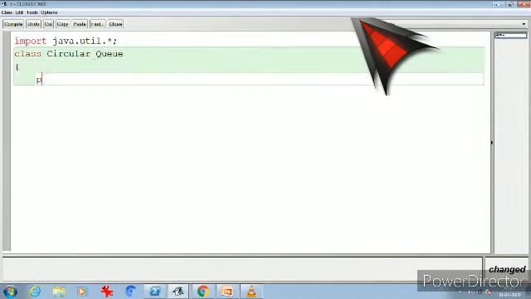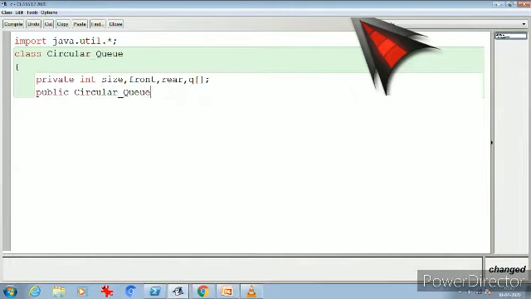One is size, then we have front, we have rear, and also we have a private data member array q. Next we will write the parameterized constructor, same as the class name, with the size passed as n.